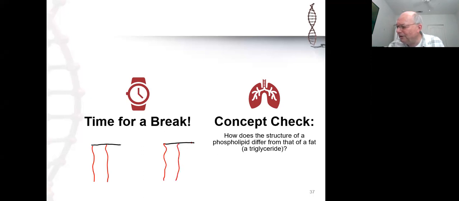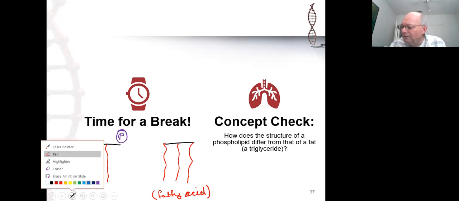But in the case of a triglyceride, it's 3 fatty acids attached to the backbone, and that's it. A phospholipid has a phosphate group in the 4th location, and attached to that